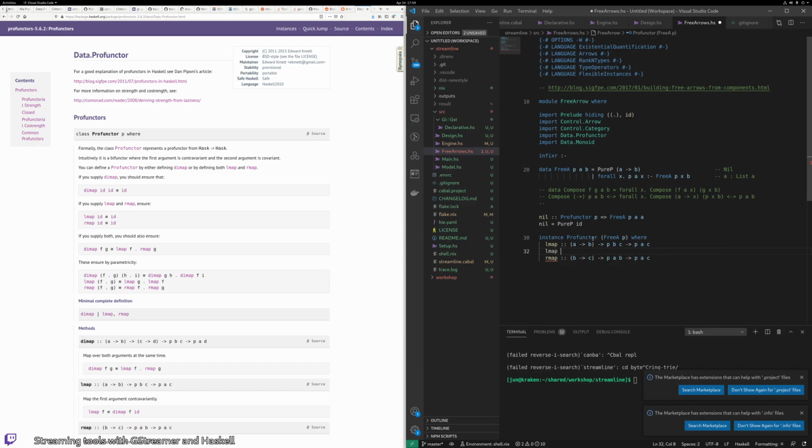And so it's an F and a profunctor, but in our case, a profunctor is a free Ap. Well, we can pattern match either on pure P and an F for a G, and then we can also pattern match on